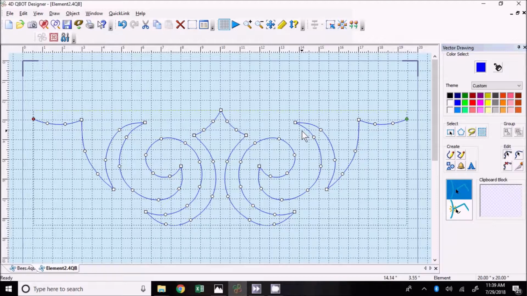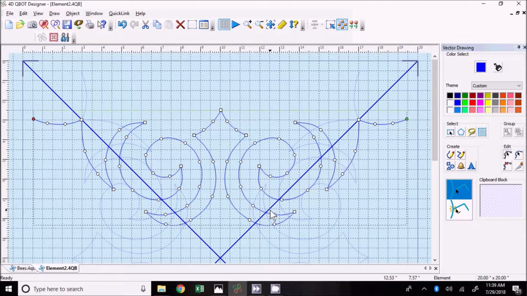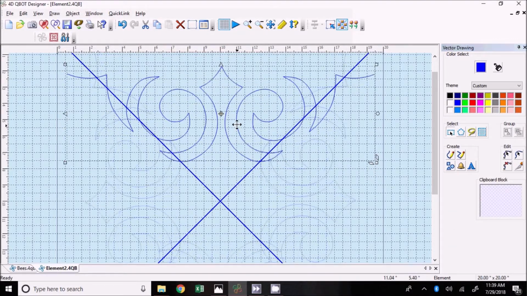We want to reflect this 4 times to make it the square that we originally started with. So we go back to the multiply button, we say reflect 4-way, and hit OK. Then it adds these nice cross lines. Scroll out a little bit, and we'll hit the select and select our original piece and move it up